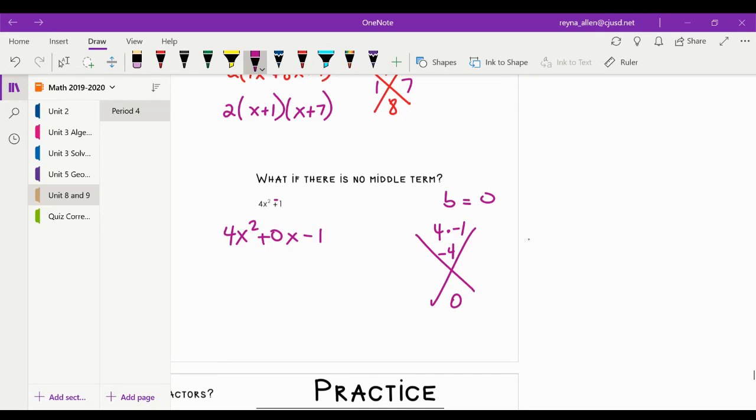So what are factors of 4? We got 1 and 4, and we have 2 and 2. One of these is going to make 0. 4 and 1 will not make 0. 2 and 2 will make 0, but the only way that will work is if one of them is negative. So one of them is negative and one of them is positive. So if we factor these ones out, we get